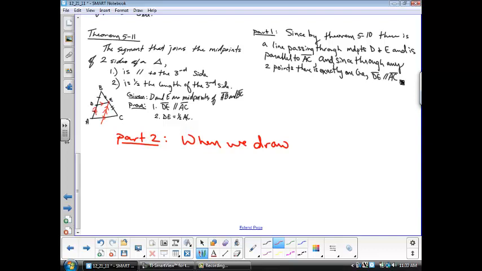And so I'll call this point where this line crosses AC X. So when we draw EX parallel to AB through midpoint E, then what I know,